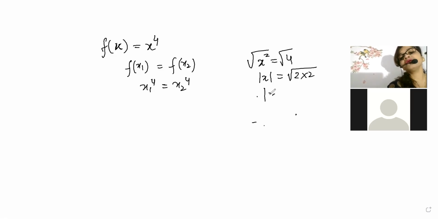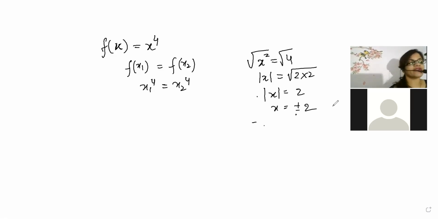Now, this modulus of x will give you 2. Now, beta, modulus of x will have two values, plus minus 2. So, modulus of x is exactly having either a positive value or a negative value. And because of that, it is there. So, only x modulus is making it possible. And because of that only, we are saying that x square, when it is equal to 4, then x will have two values. X square is equal to 9, then it will have two values.